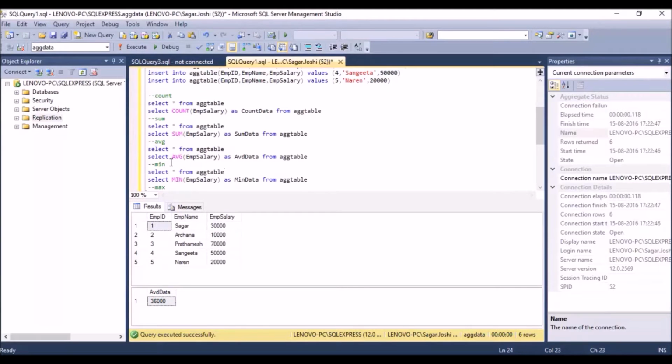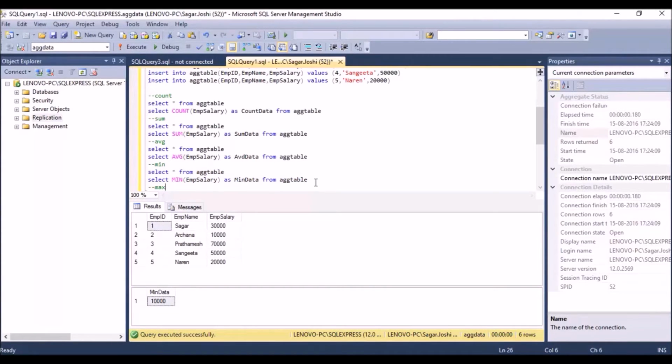So just guess what will be the minimum value, which is 10,000. Let's see if we can get 10,000 over here. And yes, we have got 10,000, which is the minimum value from all these specified values.